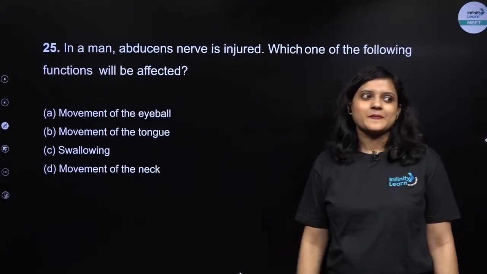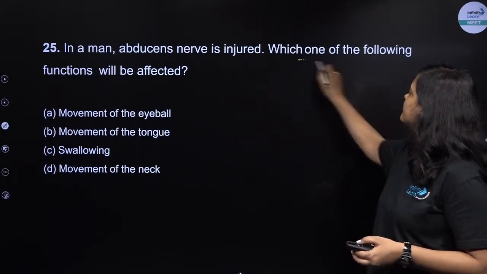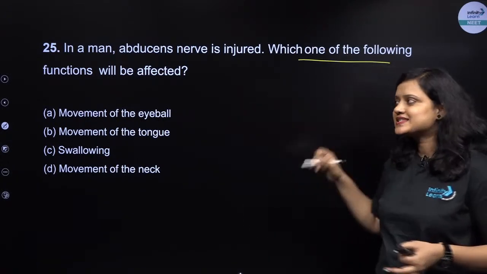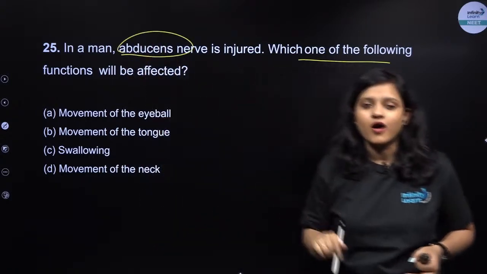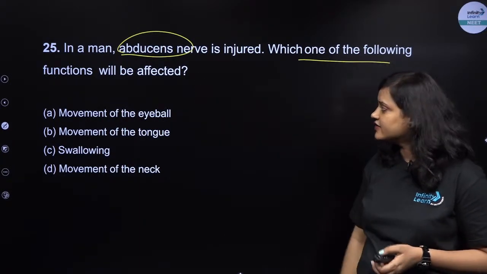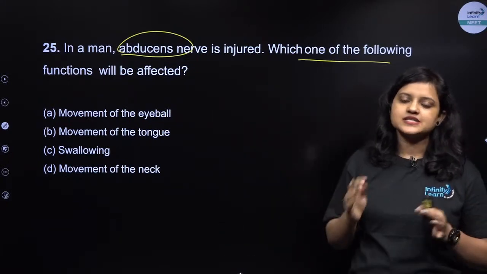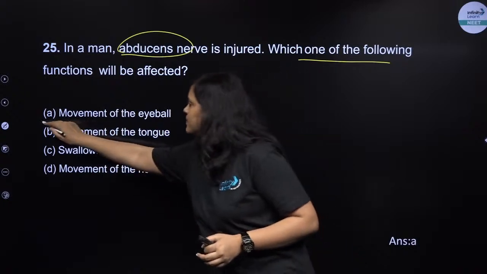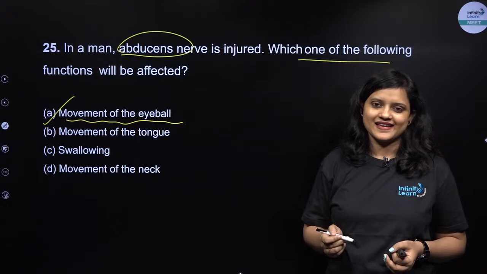Next question. In a man, abducens nerve is injured. Which one of the following functions will be affected? What is the function of the abducens nerve? It innervates our eyeball. The abducens nerve is related to the movement of the eyeball. So here they ask which of the following functions will be affected? If there is any damage to the abducens nerve, there will be a problem in the movement of the eyeball. Okay,